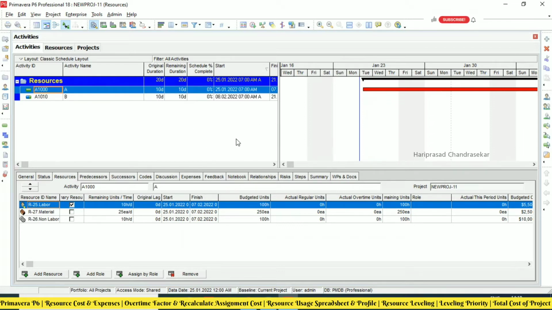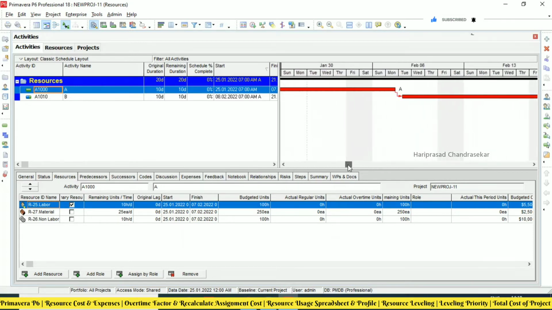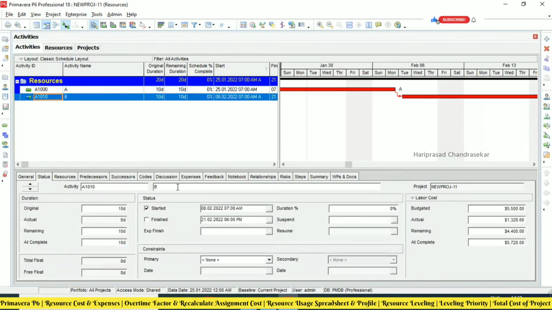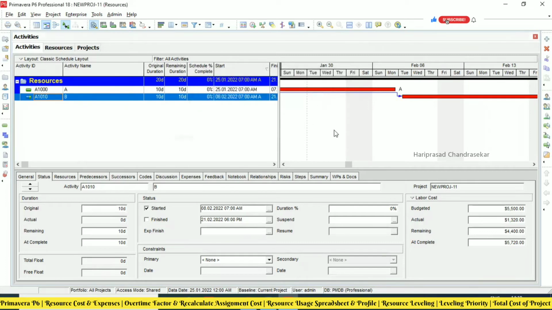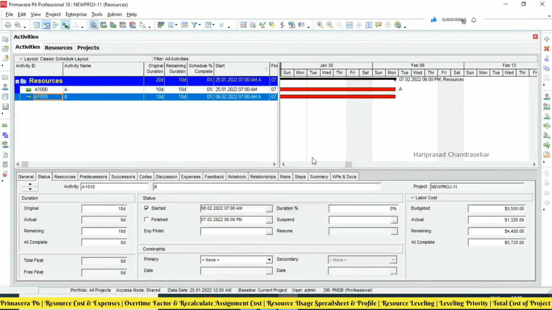Okay, then we can go for resource leveling. So for example, we have A and B, going one after the other. Okay, why is it blue here? Because we are putting some overtime units now. So based on that, it is automatically taking something, because of the overtime and the cost, everything. Okay, but we need to update manually one by one. Okay. I will try to put both relations to start, and then I will schedule.